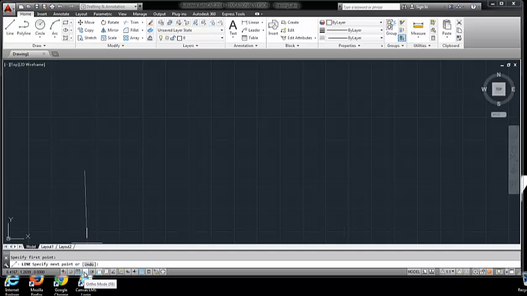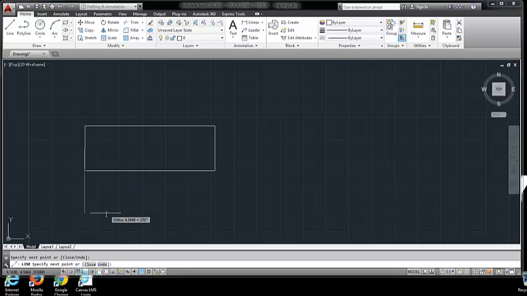Now, a lot of the times we're going to use this ortho right here, and that actually makes it so we can only go straight up and down, straight left and right. You see how it jumps, which is fine. So we go here, and you're always left clicking